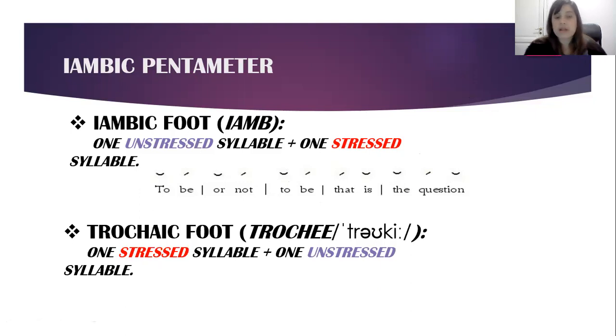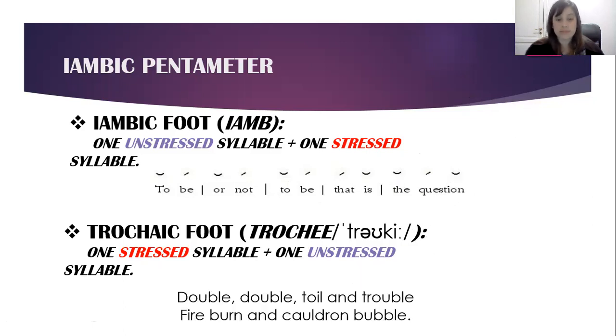There is also another kind of meter that is called trochaic. A trochaic foot is the opposite. It's when we have one stressed syllable followed by an unstressed one. Look at this example: Double, double, toil and trouble. This is a line used by the witches in a play, and it's interesting that it's used for the witches because Shakespeare would do this. Shakespeare would use the trochaic foot